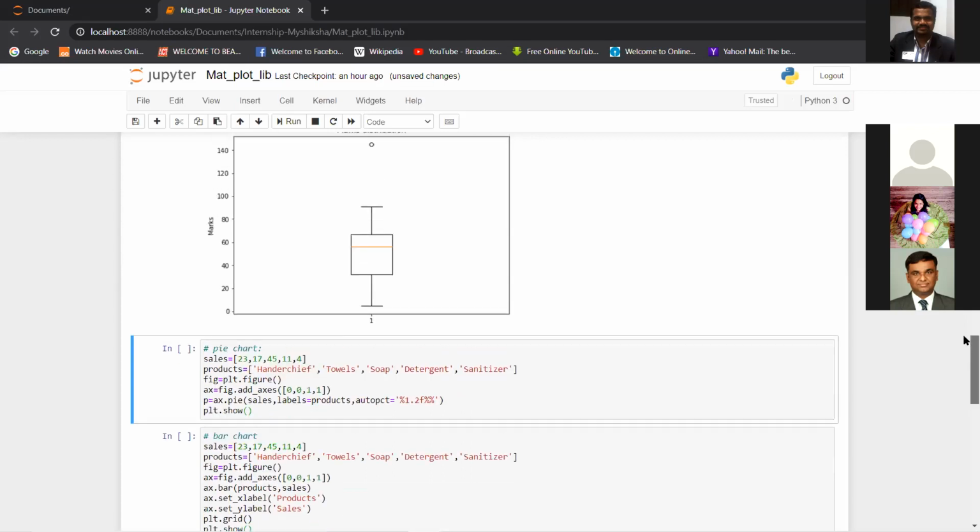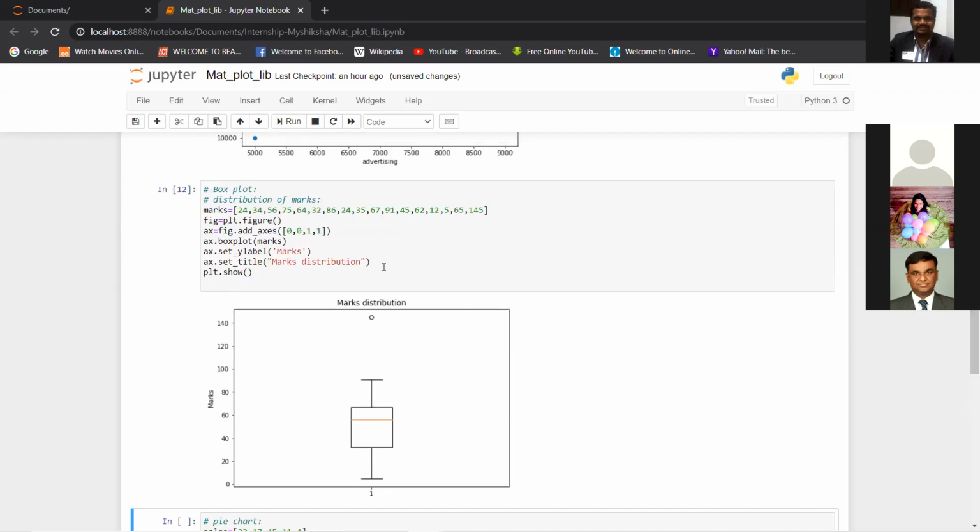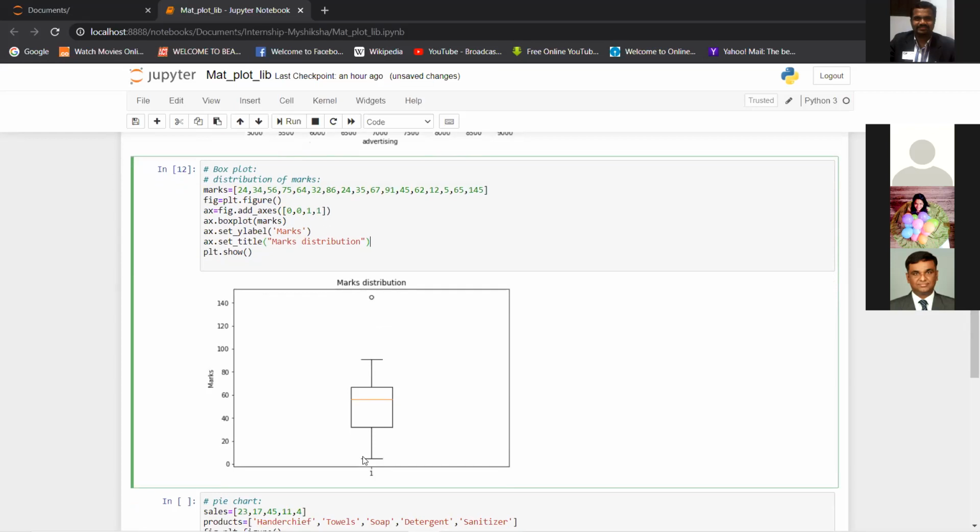How and when we use a box plot is when you want to see the distribution of data, and you want to see if there are any outliers. I'll explain what outliers are. First of all, we will see what a box plot is structurally. You see this rectangular box, it basically has three elements.